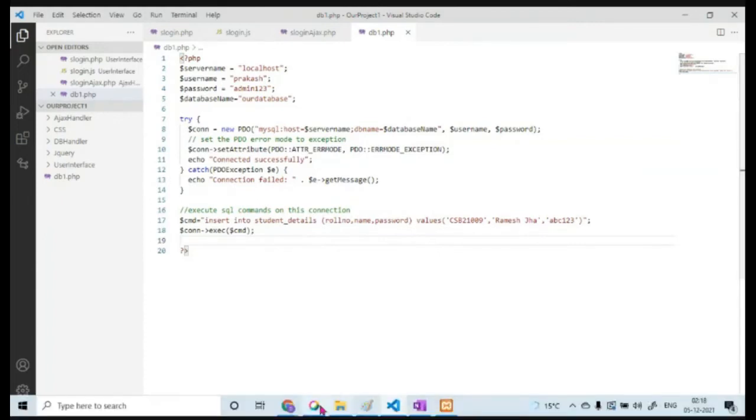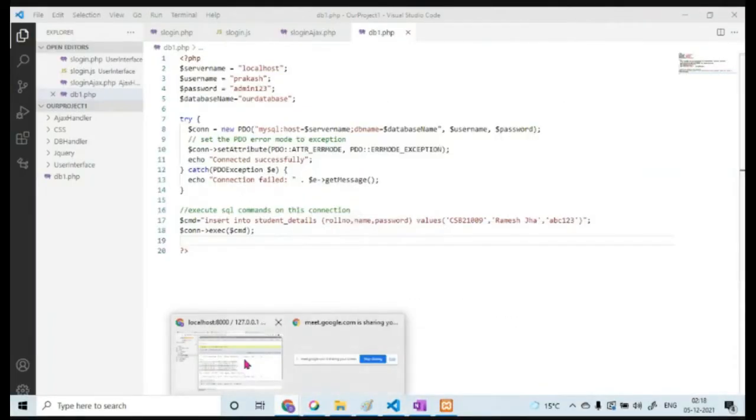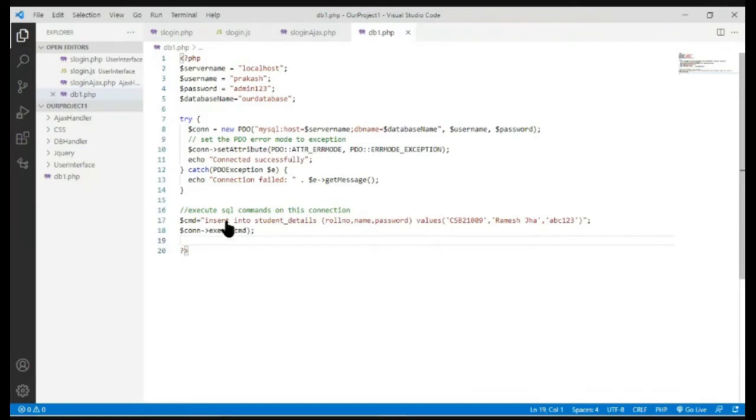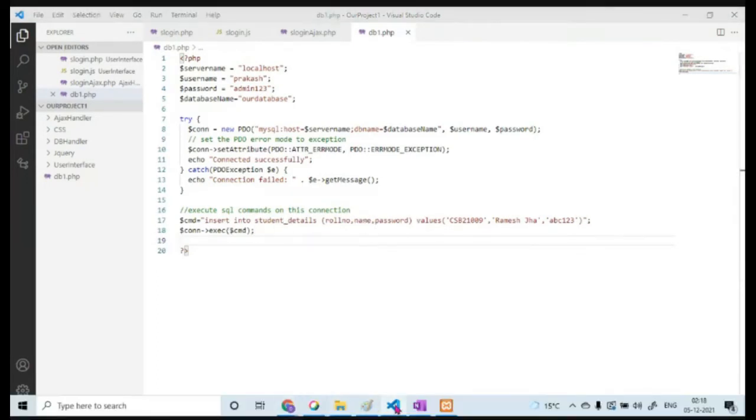Now see, if I try to execute the same PHP file again, as expected you will get some error, because it will try to insert the same roll number once again as a new row. So you'll get a fatal error, uncaught PDO exception, and all these things will appear on the screen. So it is showing that fatal error. If you want to handle those situations, one thing of interest is that although it is an error, like an uncaught PDO exception,